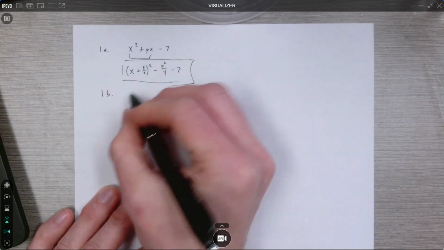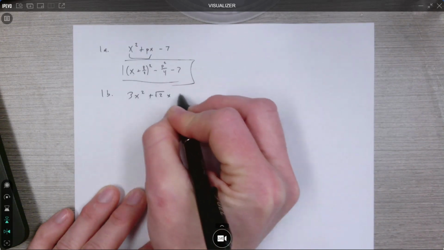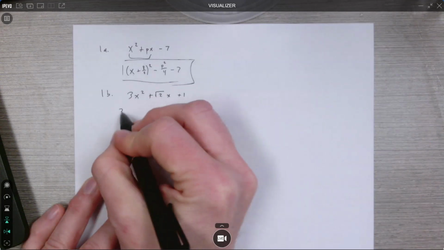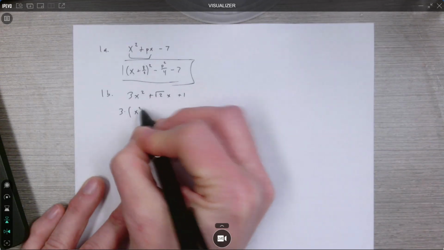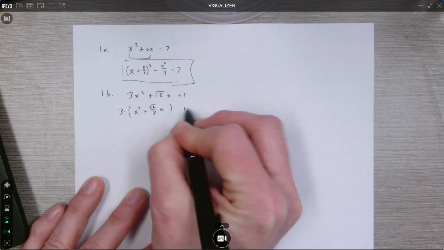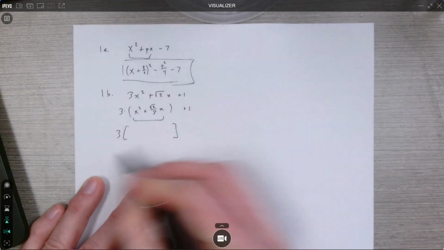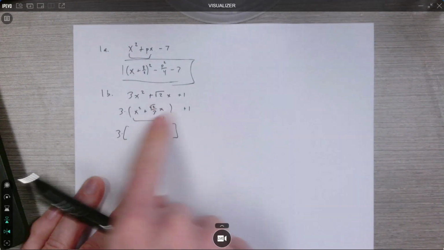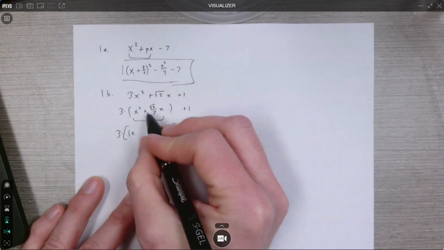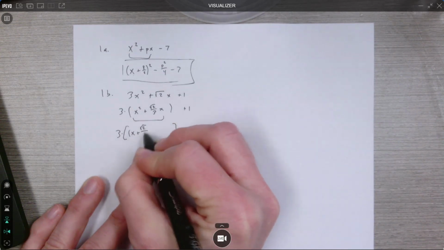We're still completing the square, so 3x squared plus root 2x plus 1. I'll leave the 1 over here. I'll factor the 3 out, as we did in class. So now this is x squared plus root 2 over 3x. And now I can complete the square on this part. I'm going to write my brackets first to be sure that everything I put here is still being multiplied by the 3. So here I'll have x plus half that coefficient, which is going to be root 2 over 6